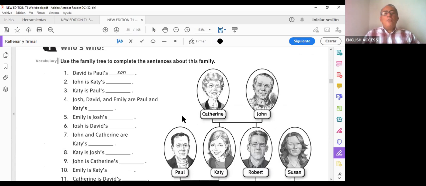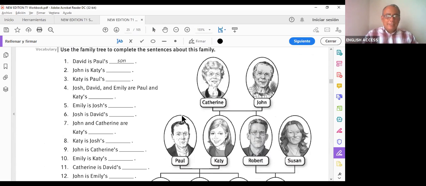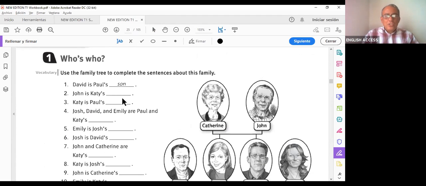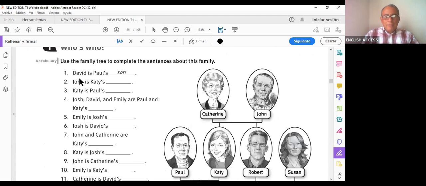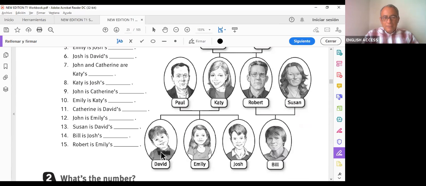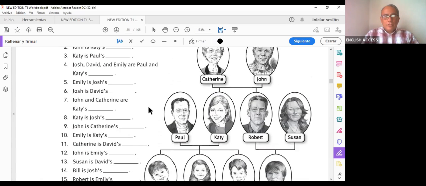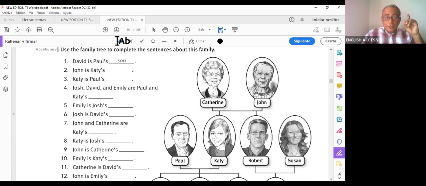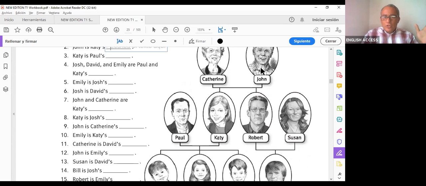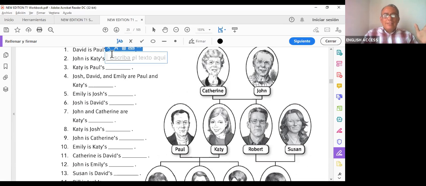Lesson C, family. If you want to do this, you can practice. You can check the family tree here and write the relationship. For example, David is Paul's son. Where is David? Right here is David, and this is Paul. So David is Paul's son. Number 2, just number 2. John is Kathy's. Where is John? Right here. John. And where is Kathy? Right here. So John is Kathy's